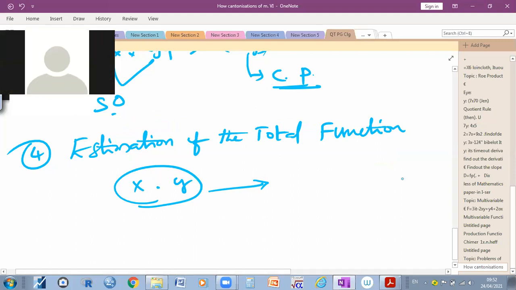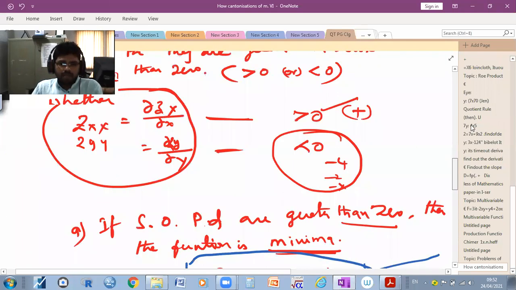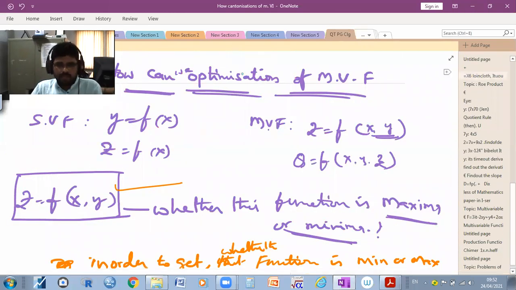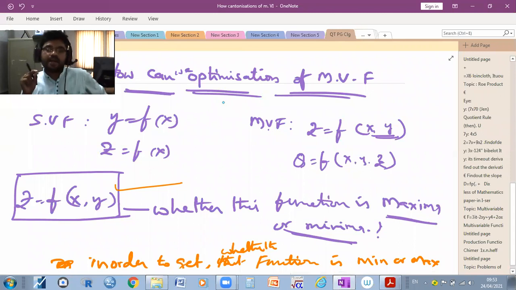Sir. See, just remember, you need to remember these four conditions, because this can be useful for the NET and SET exams also. For example, sometimes they may ask the question, arrange the chronological order of the conditions of maxima and minima. Though simple, you can remember that. What is the first condition? The first condition is nothing but the first order. Second, nothing but second order. Third is nothing but third order. Simple, remember that. So the first condition is the first order partial derivatives must be obtained, then made equal to 0. Then we will get the critical values.